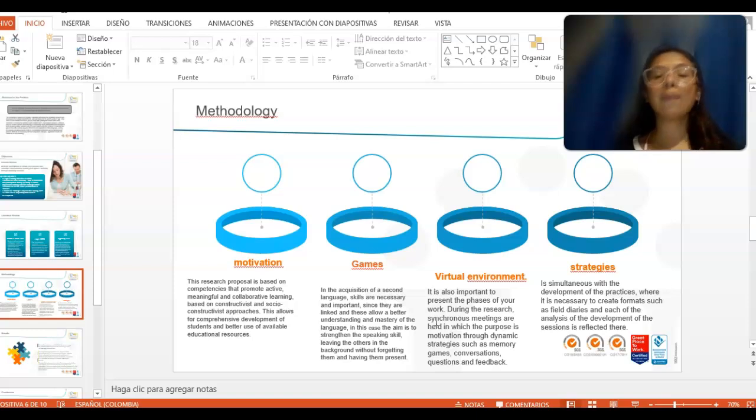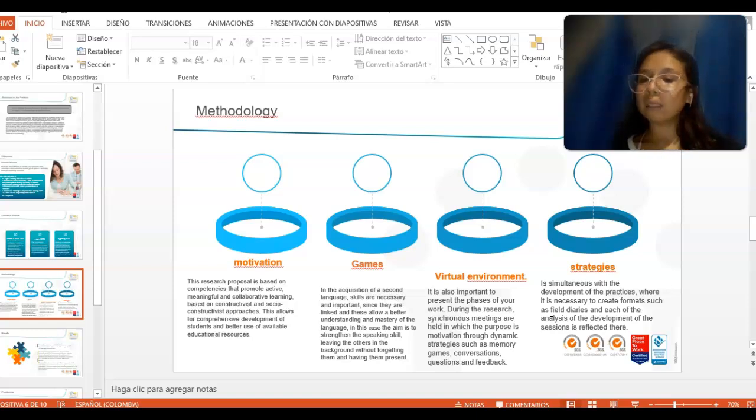It's also important to present the phases of the work during the research. Synchronous meetings are held in which the proposal is motivated through dynamic strategies such as memory games, conversations, questions, and feedback.